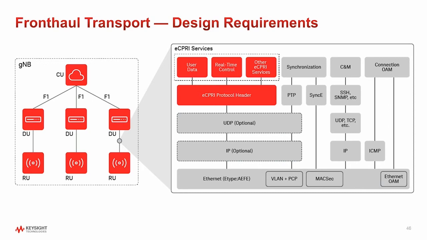All the radio samples or IQ data, real-time controls, and some other services data can be carried over eCPRI encapsulation, as you can see in the slide. For a non-standalone deployment, the 5G eCPRI and 4G CPRI transport may coexist. In such scenarios, the 4G CPRI data is encapsulated over Ethernet, called radio over Ethernet. The fronthaul switch manufacturers need to support both in their devices for being used in such kinds of non-standalone deployments.